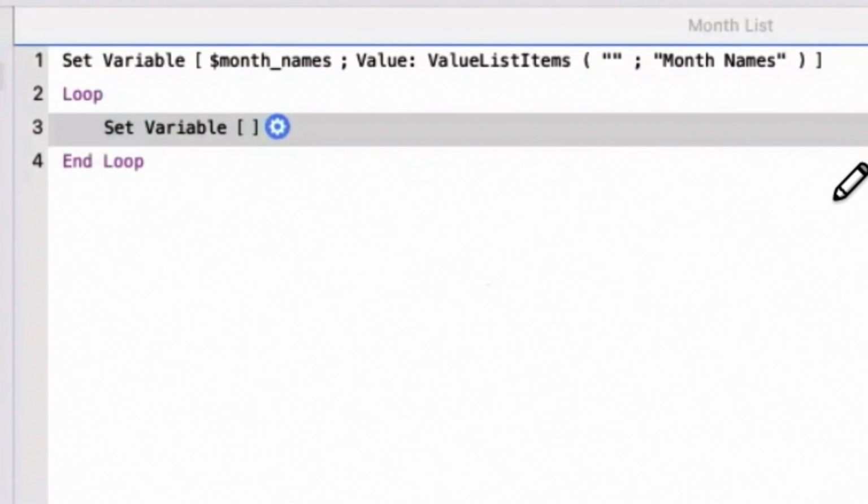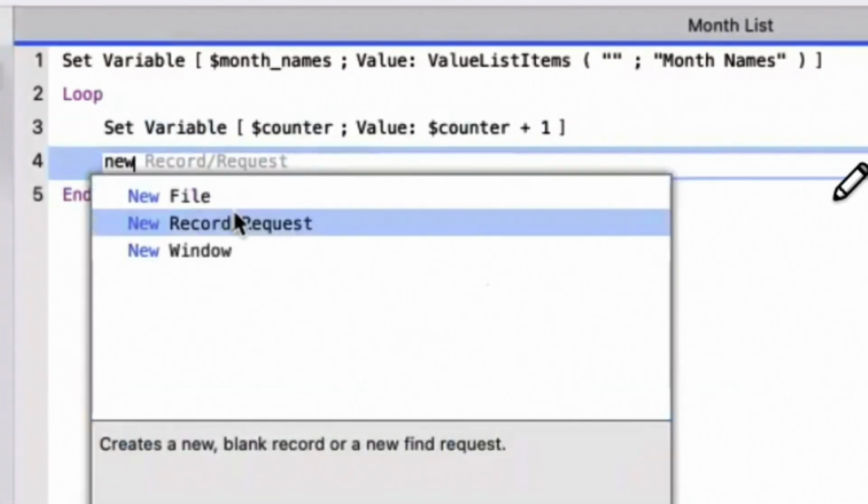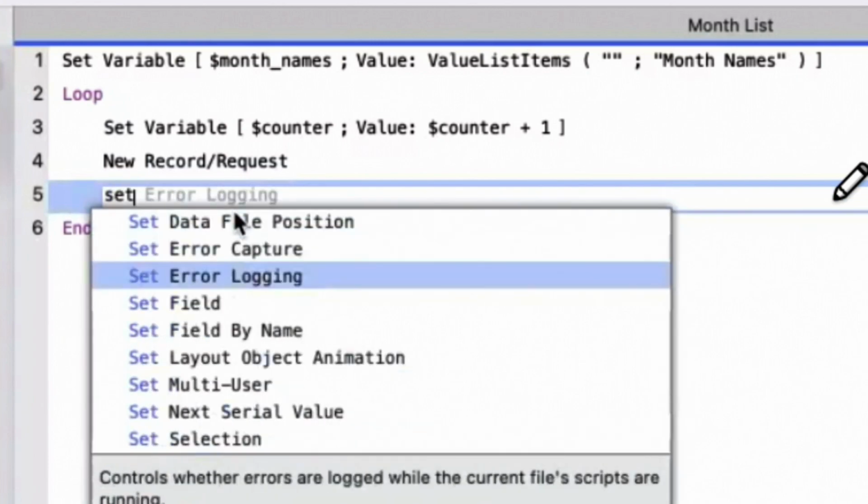That's one. So we all miss it. Each time you're doing the loop, it is going to count one. Okay. And it's a new record. And a set field.